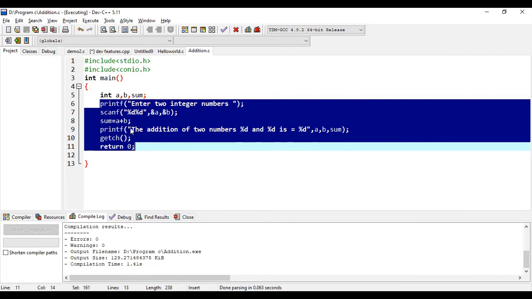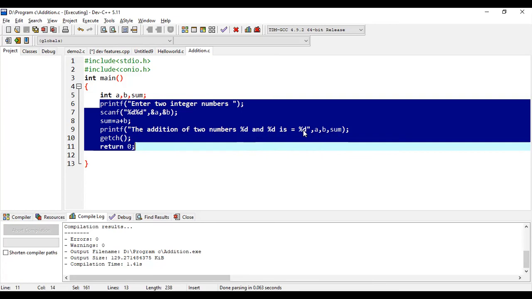Here it is starting double quote and it is end of the double quote followed by comma. A refers the first specifier. B specifies the second format specifier, and sum is a third variable that is specified by this third format specifier,